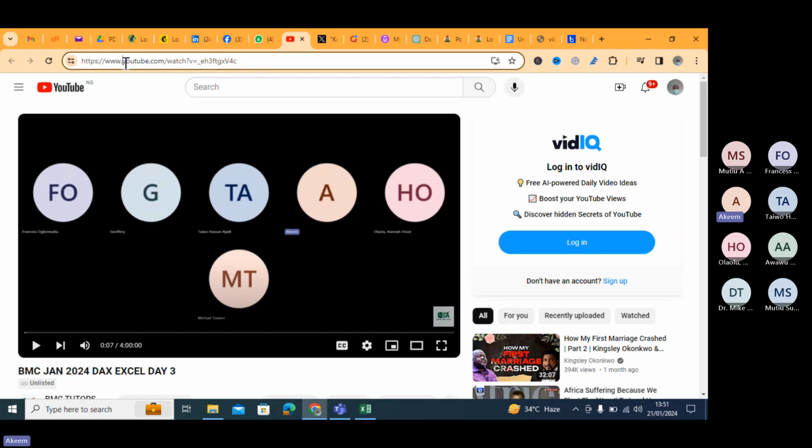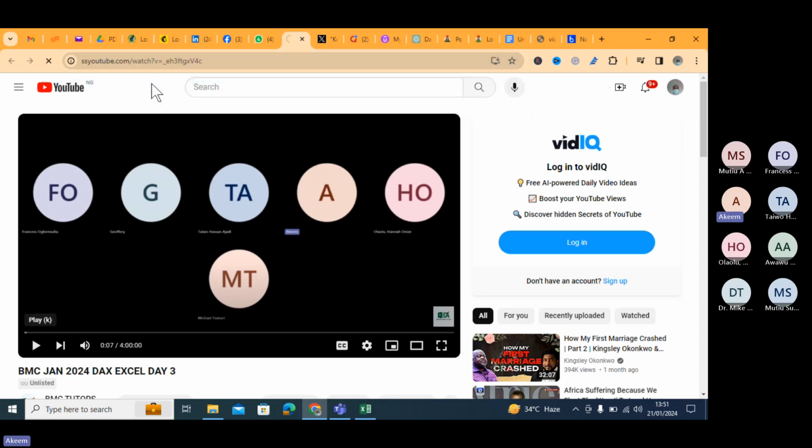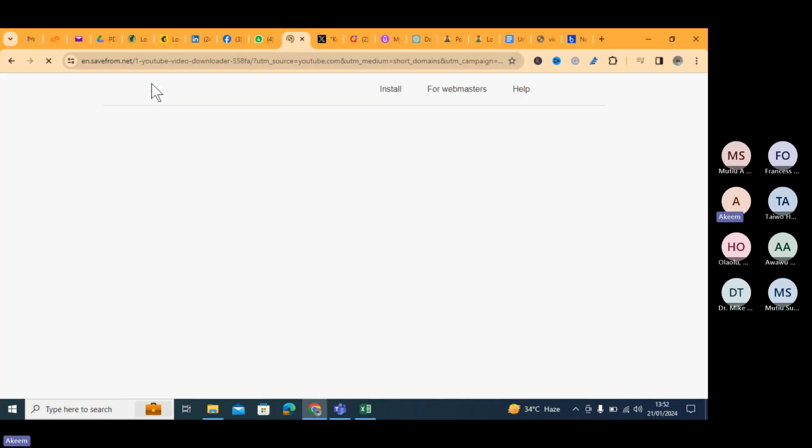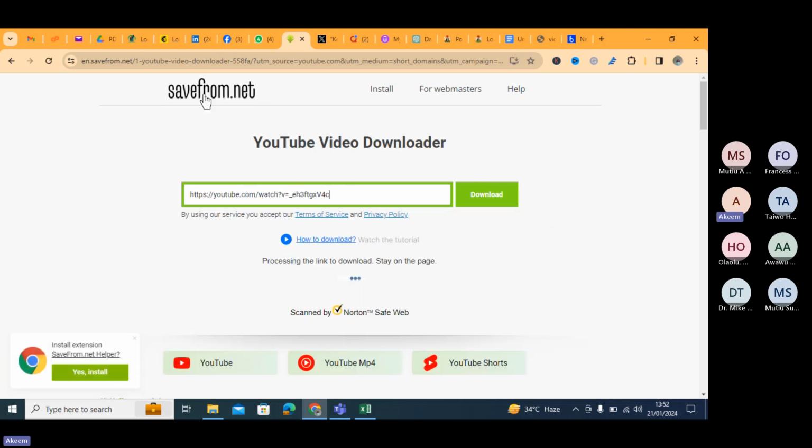After the dot, before the YouTube in www.youtube, you put double S. You see that now it has changed to ssyoutube. If you start with ss before you launch it, it will not take you to where you're going to download. But when you allow the video to start playing and you put double S at the beginning, then hit enter, it will take you to this website,